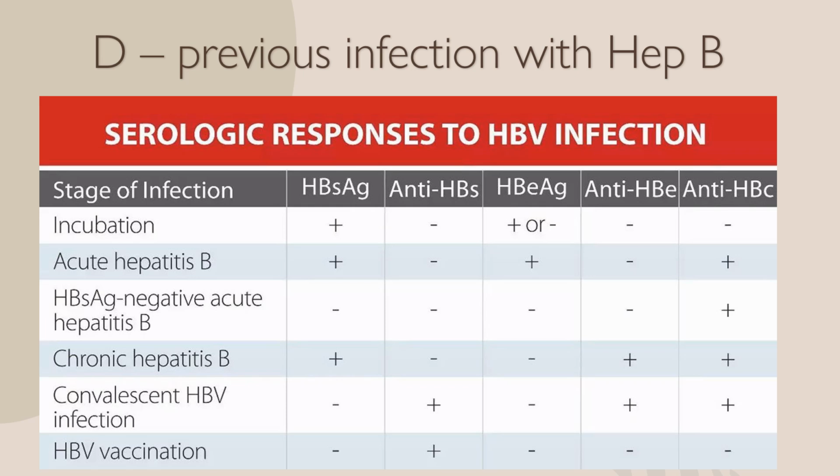Just remember that with vaccination never comes core. Core only comes with infection. E indicates the spread or infectivity, the degree of infectivity. And surface comes with both infection and vaccination. IgG indicates a chronic or a past infection. IgM indicates an active infection. Okay, so this is all. Just try to understand the core concept. Don't try to memorize the combinations. It becomes a real pain. So just try to understand the core concepts and then the combinations become easier.